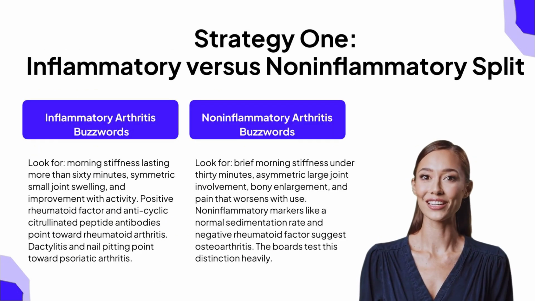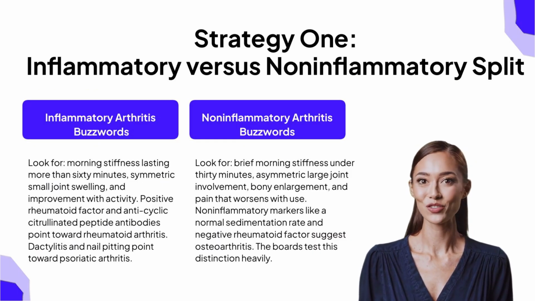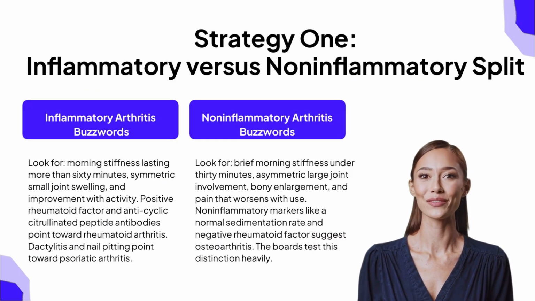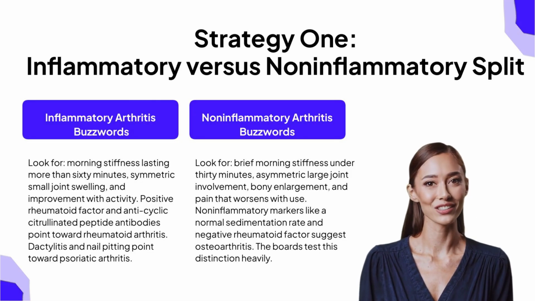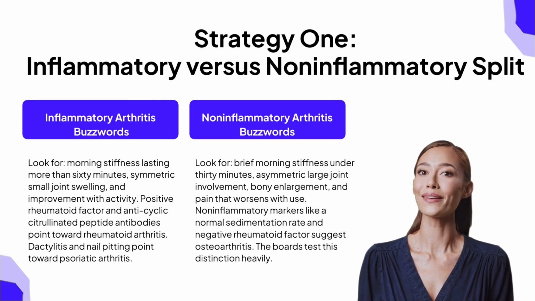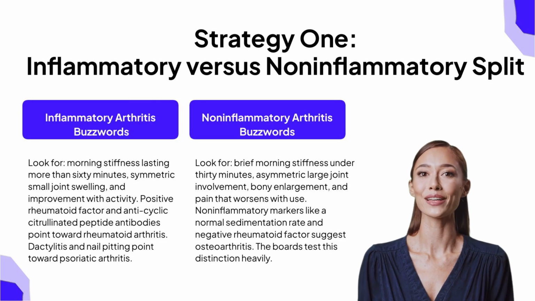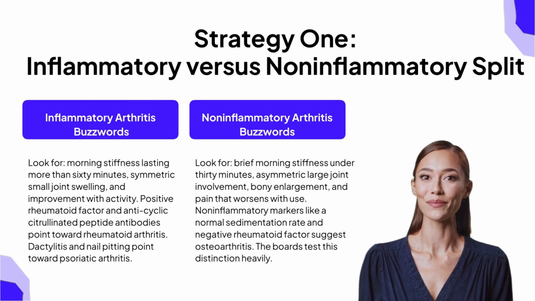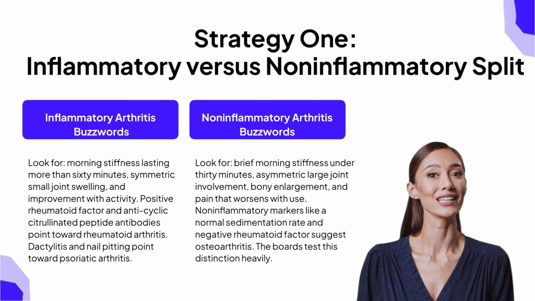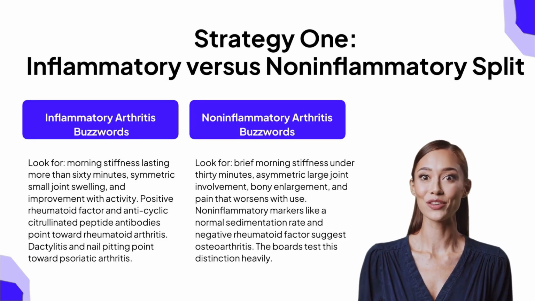Our first strategy is the inflammatory versus non-inflammatory split. When you see a question about joint pain, immediately ask yourself, is this inflammatory or non-inflammatory? For inflammatory arthritis, the key features are morning stiffness lasting more than 60 minutes, symmetric small joint swelling, and improvement with activity. Positive rheumatoid factor and anti-cyclic citrullinated peptide antibodies point toward rheumatoid arthritis, while dactylitis and nail pitting point